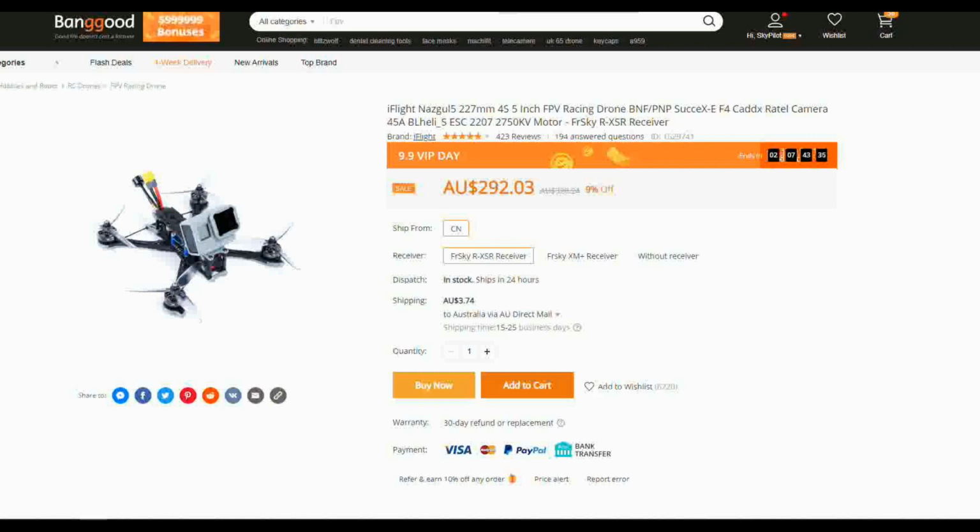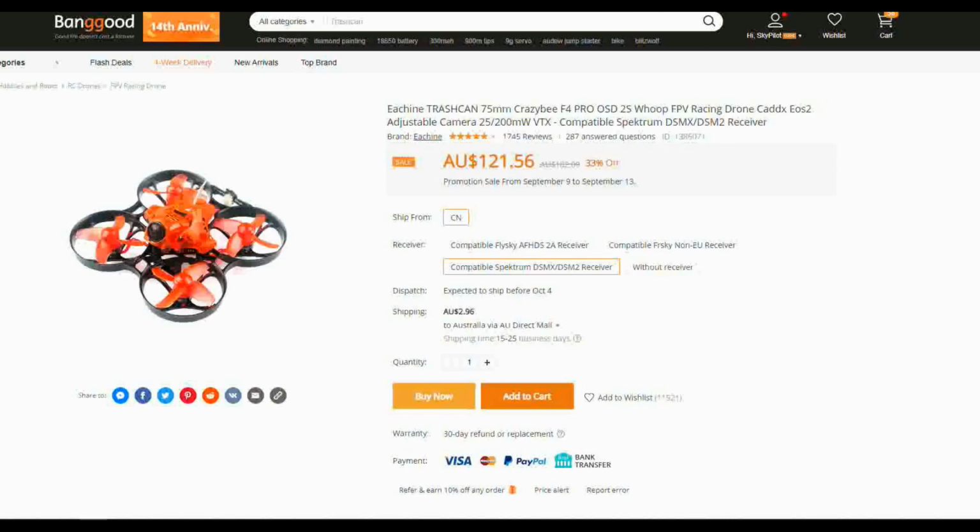Another one ending in 2 days, the Nazgul 5. This is a popular, very popular unit. XM receiver, $280 plus the additional discount. Good stuff. TRASHCAN,